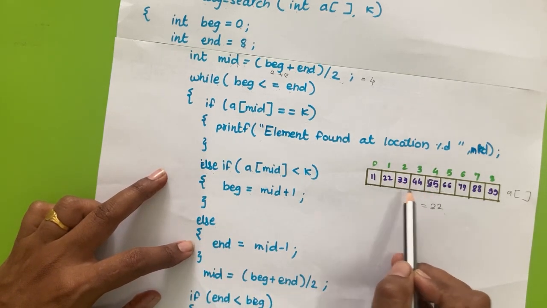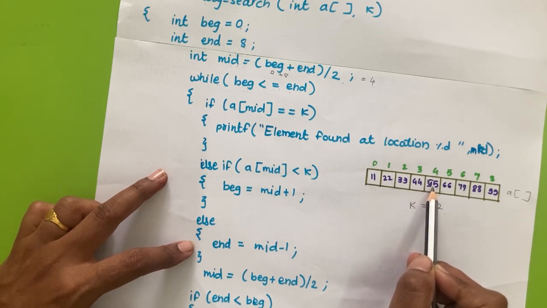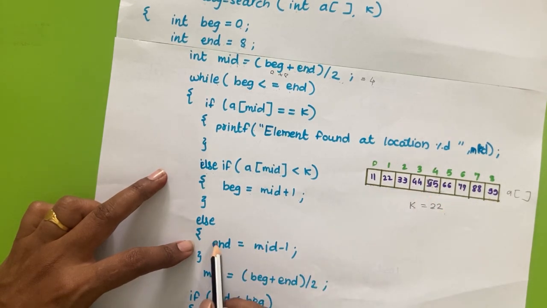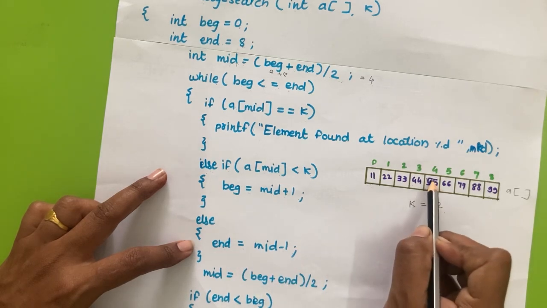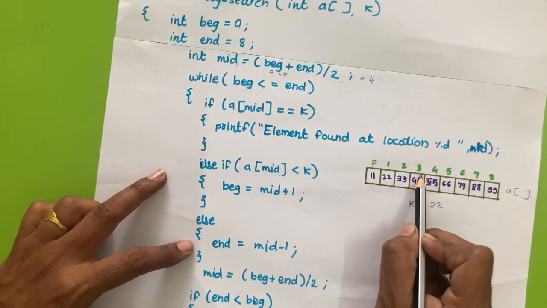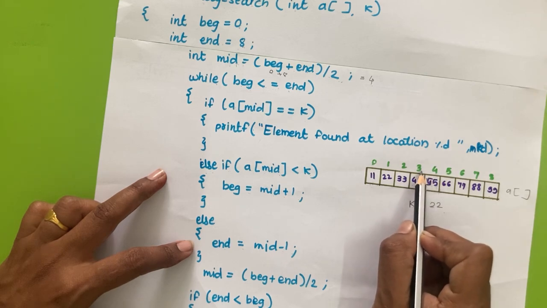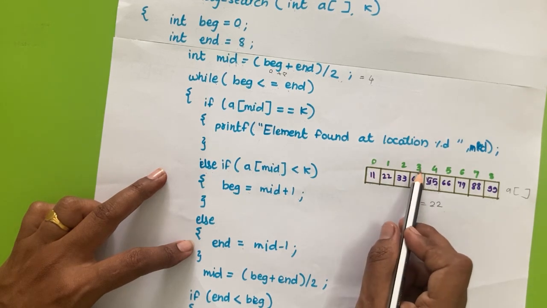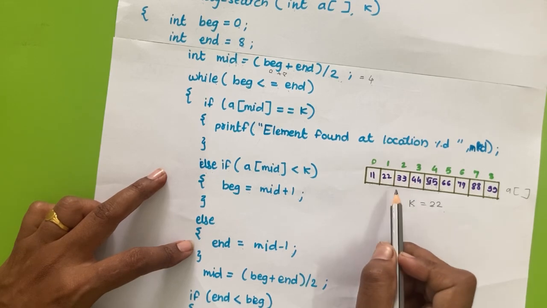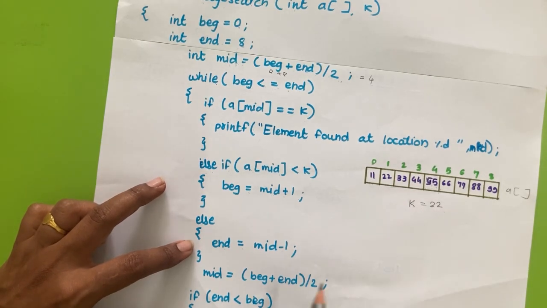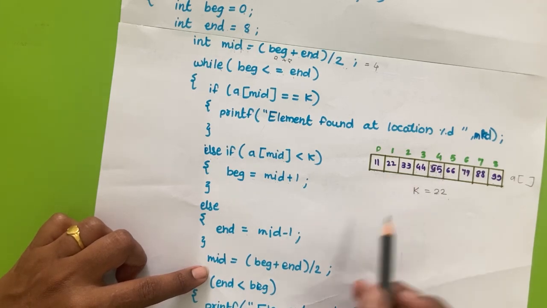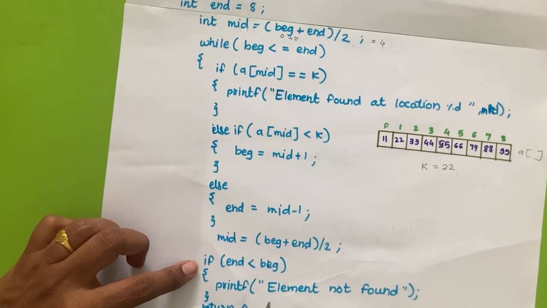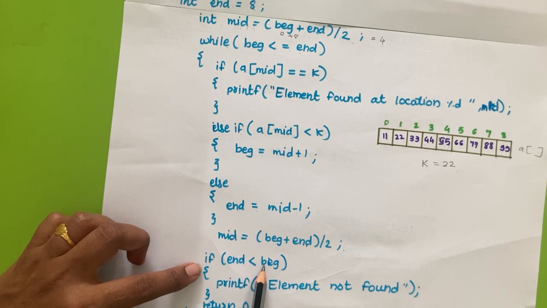So मतलब last की condition रहेगी if element is less than the mid, then we have to just update the end of the array as end is equal to mid minus 1. So new end will be mid minus 1. So mid is 4, 4 minus 1 is equal to 3. Okay, so अभी ये हमारा नया सब array बनेगा from 0 to 3, where we can start searching element iteratively. Okay, and now we will again calculate the new mid as mid is equal to begin plus end divided by 2. Now again we have to add one more condition, that is if end is less than beginning.